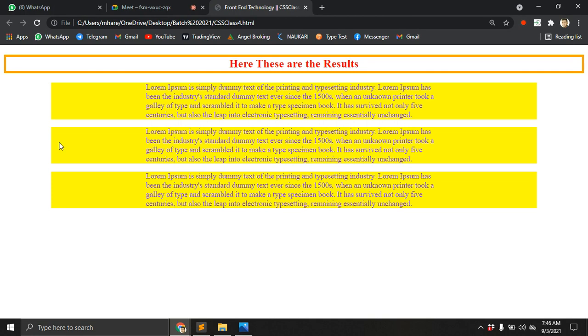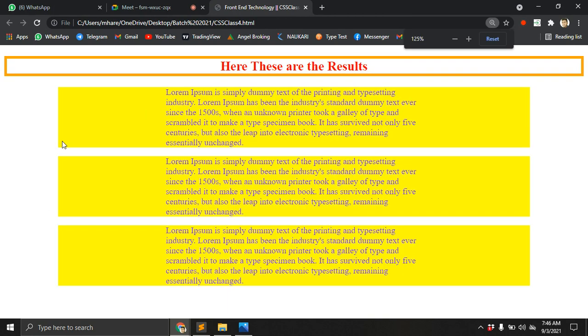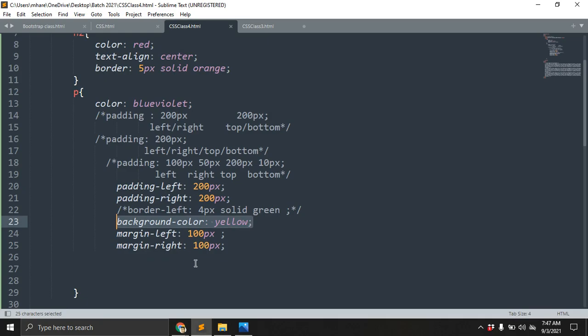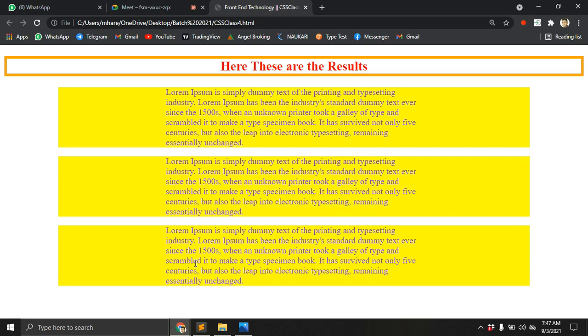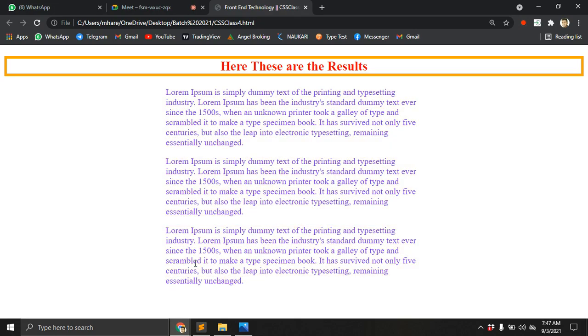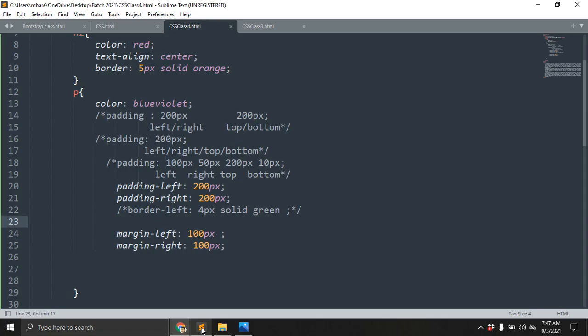You can see 100 pixels is the margin and the remaining 200 is padding. Just remove the color, save and refresh. One is the 100 pixels margin, and the remaining is padding. Now I want to give a border.